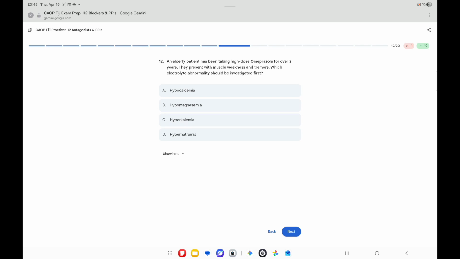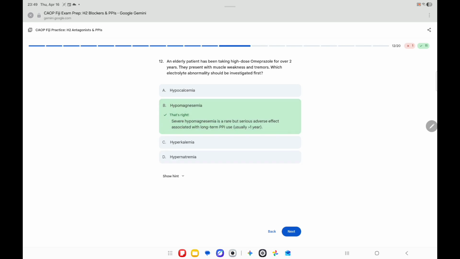But this time, okay, it says muscle weakness and tremors. So in this case I will go with hypomagnesemia because magnesium has a very good effect to relax our muscles. You may have seen magnesium supplements to induce sleep and to relax muscles. There is one very well known brand, Cramp Ease, that is filled with magnesium just to relax our muscles to get relief from muscle cramps. So I will go with hypomagnesemia, that magnesium goes down, and this is the right answer.